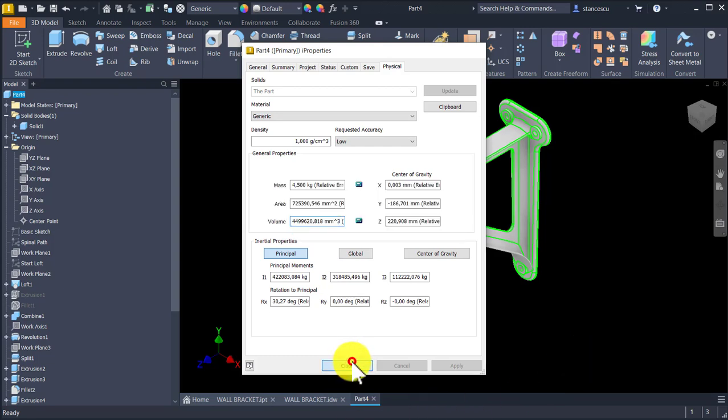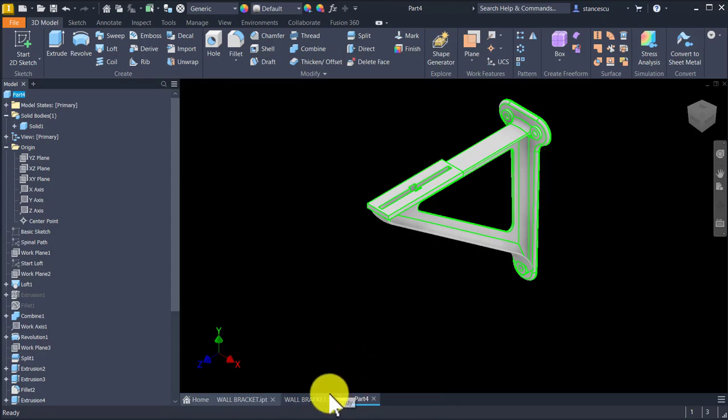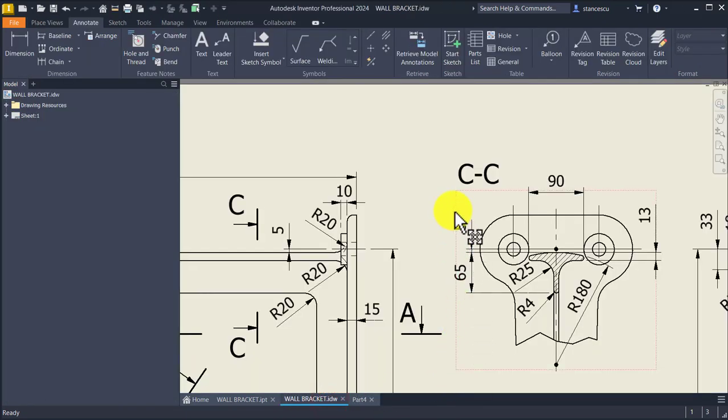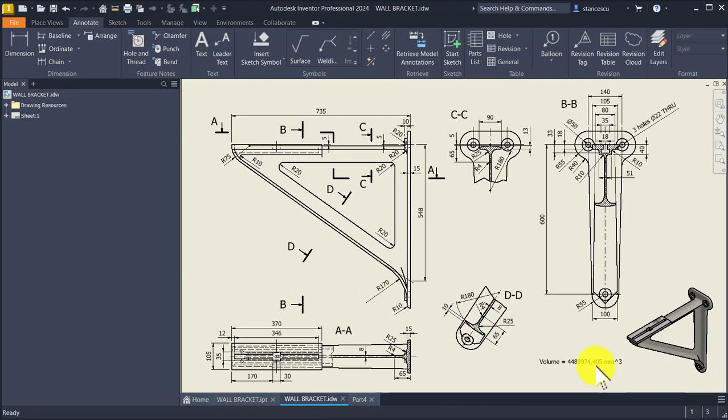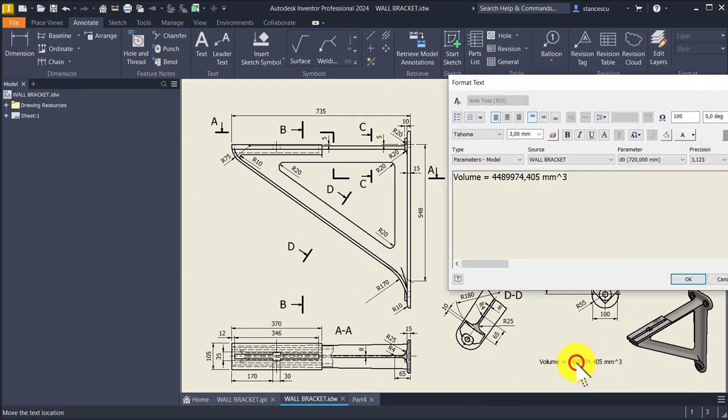Copy, close, drawing, home, double click,